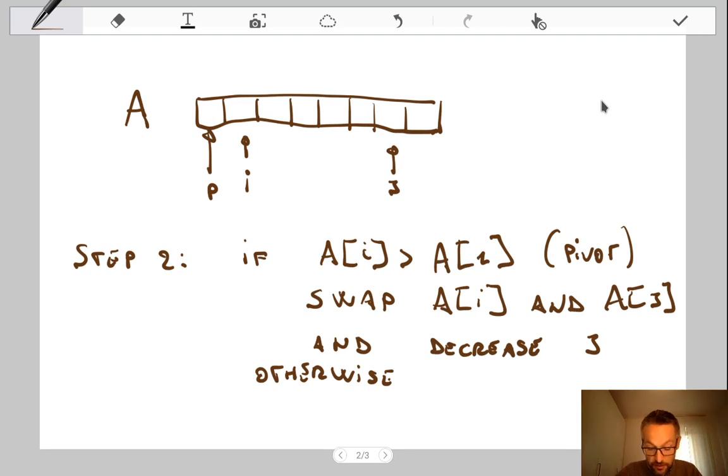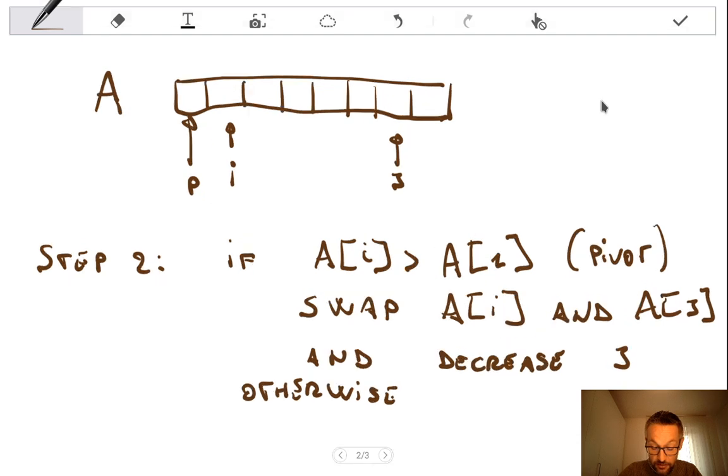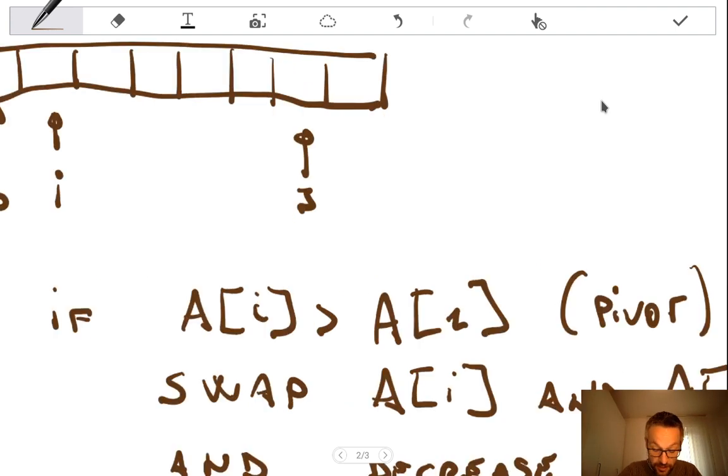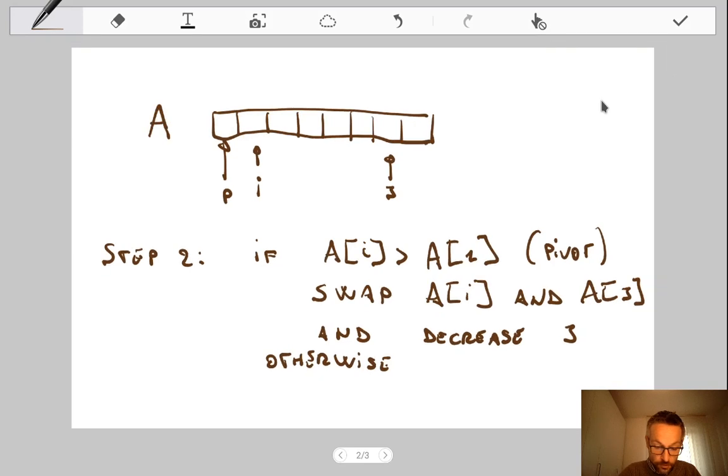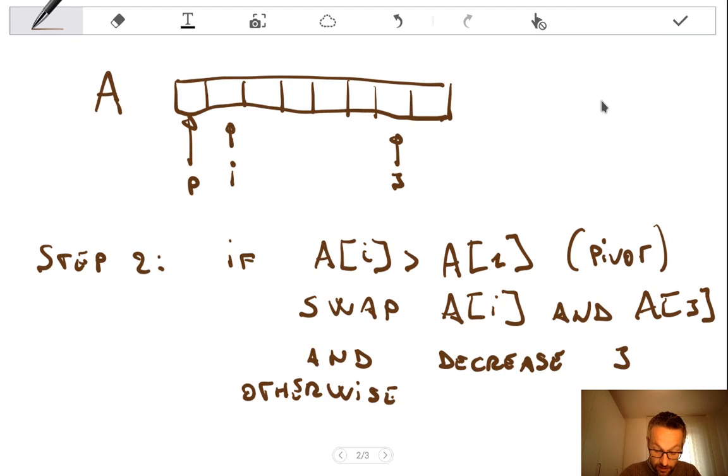So otherwise means if the element pointed by I is not greater than the pivot, that means that the element pointed by I is smaller or equal than the element pointed by 1, so the first element in the array, which is the pivot right now. So something is wrong with my tablet. Anyway,